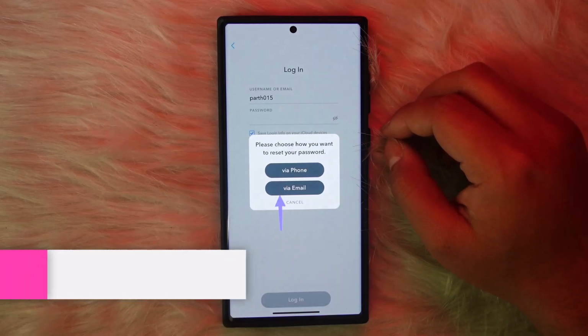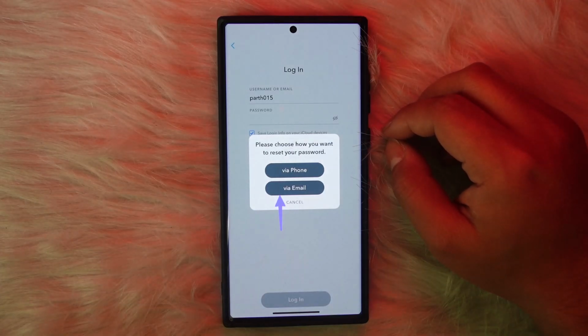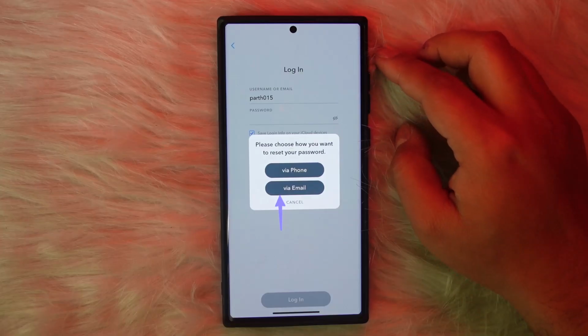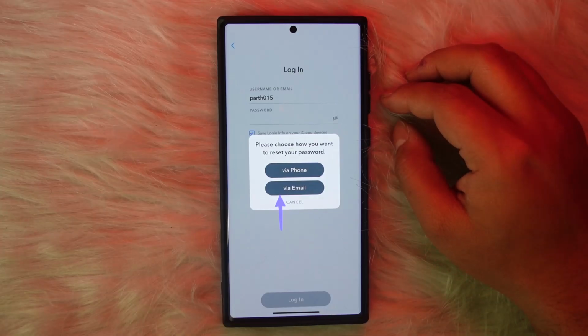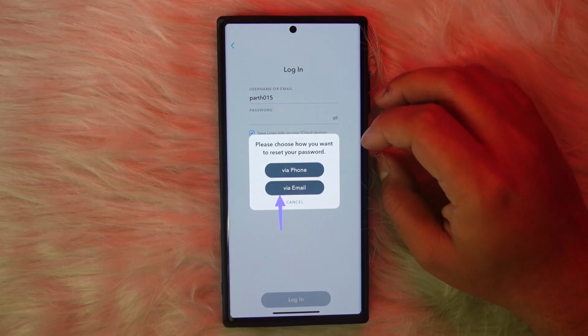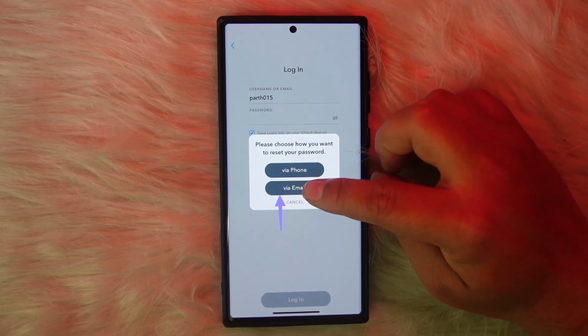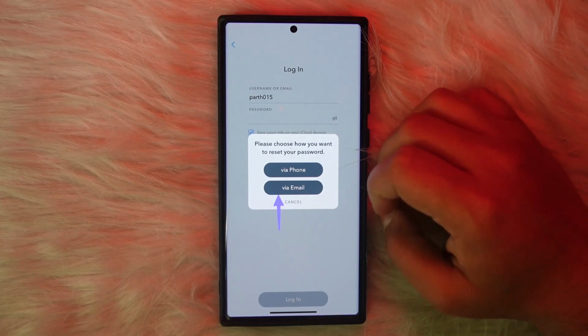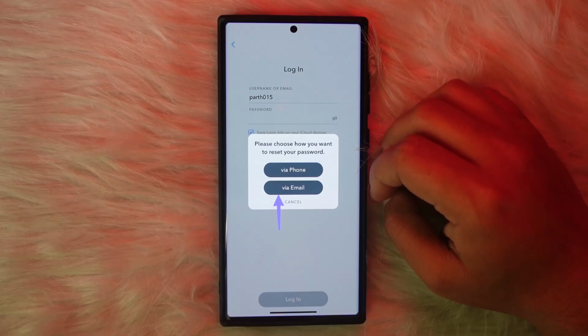In today's video, let me show you the way that you fix the Snapchat login verification problem. If you're not being able to verify yourself by receiving the verification code for Snapchat, the first thing that you can do in this case is try to switch the method that you receive the code. So for example, if you've been receiving the code on your phone, you can try switching it out and try to receive the code via your email address. So by doing this, you should be able to get the code on your email and try to verify your